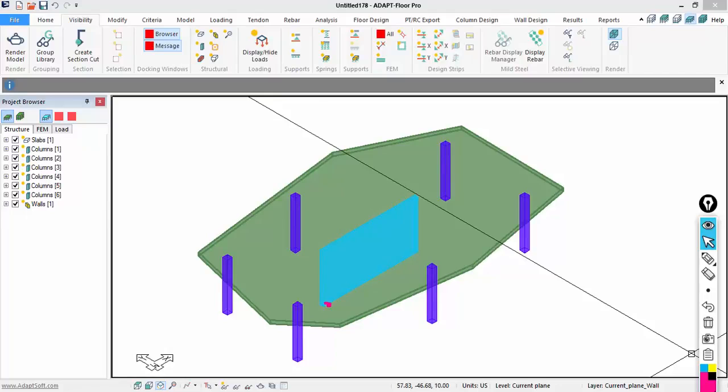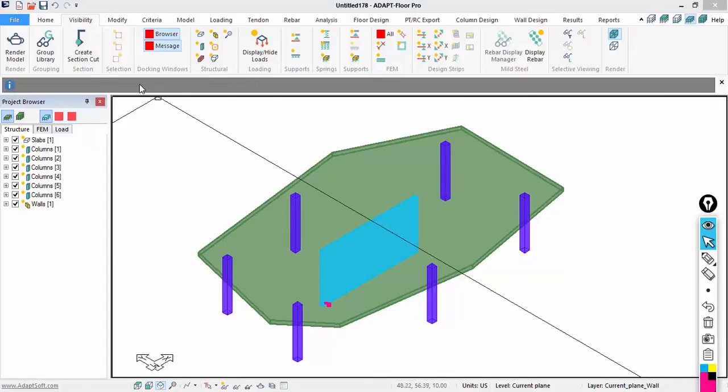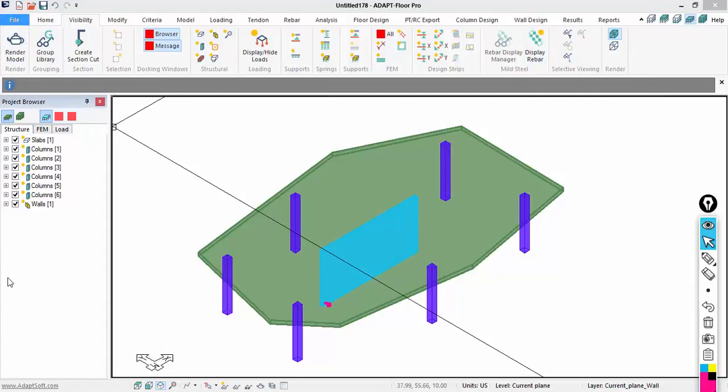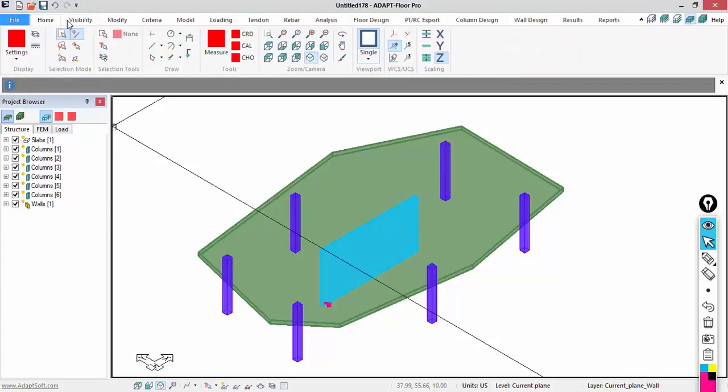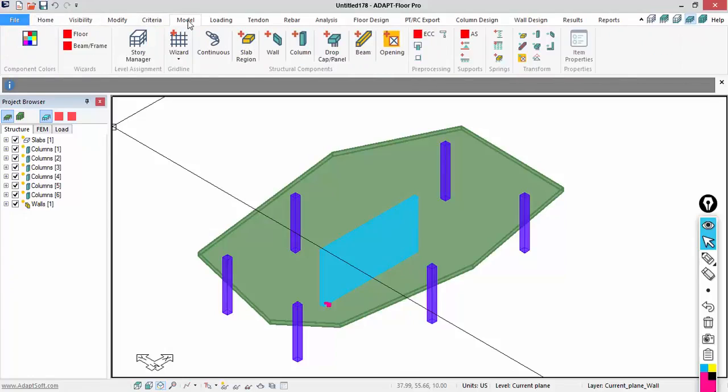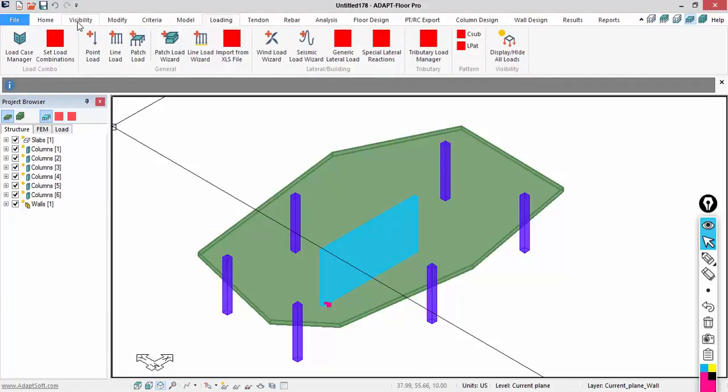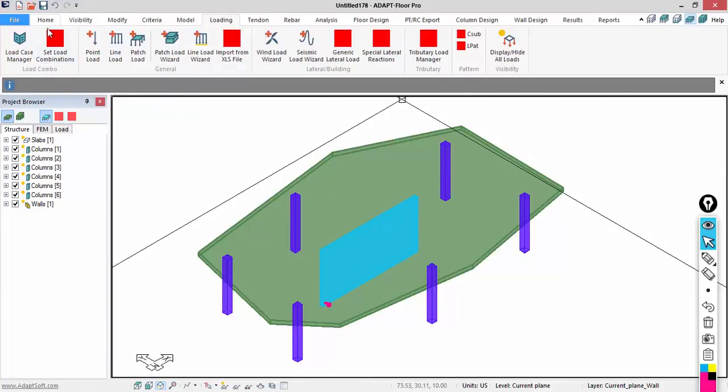This is a sneak peek video on creating wall openings in Adapt Builder 2018, and this will be released this summer. You could see Builder 2018 has a new UI. It's ribbon based with Project Browser. We have different tabs here that allow the user to create modeling inputs, set up criteria, visibility, modification, etc. Some of the icons are still being worked on, so you might see this red square that indicates a placeholder